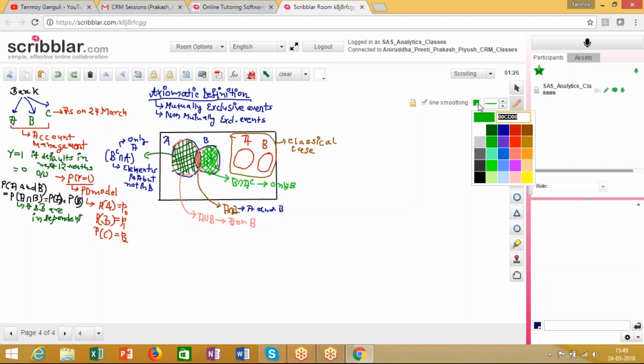It says that if there are n mutually exclusive events, then probability of